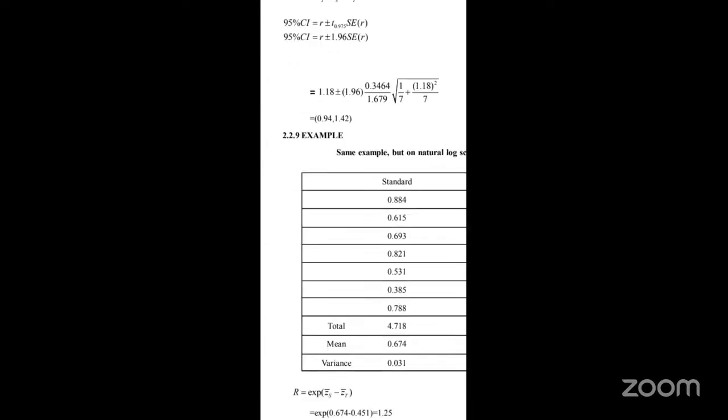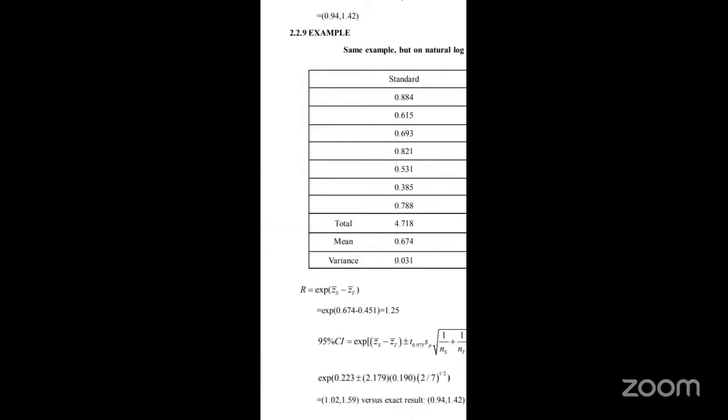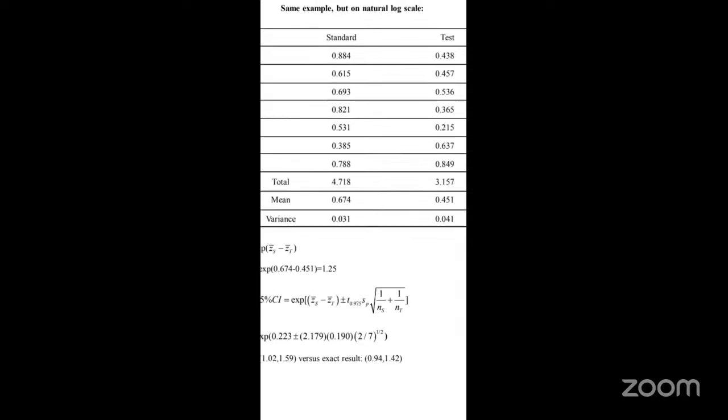So another example, standard and test, total mean variance. So here capital R is equal to EXP of Z bar S minus Z bar R. So EXP Z bar S and then Z bar, mu minus sigma by root n, a value. Mu minus sigma by root n. So then you substitute, you will get this. So next,